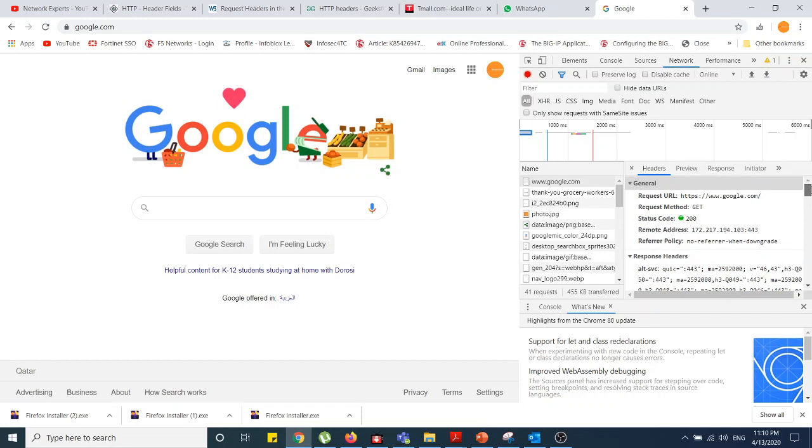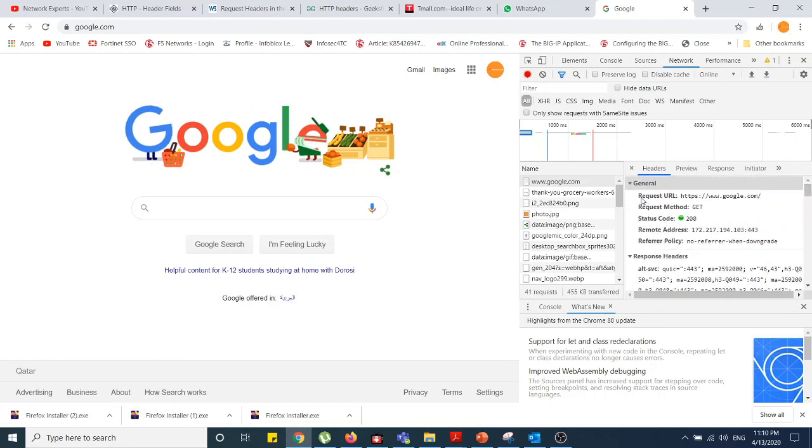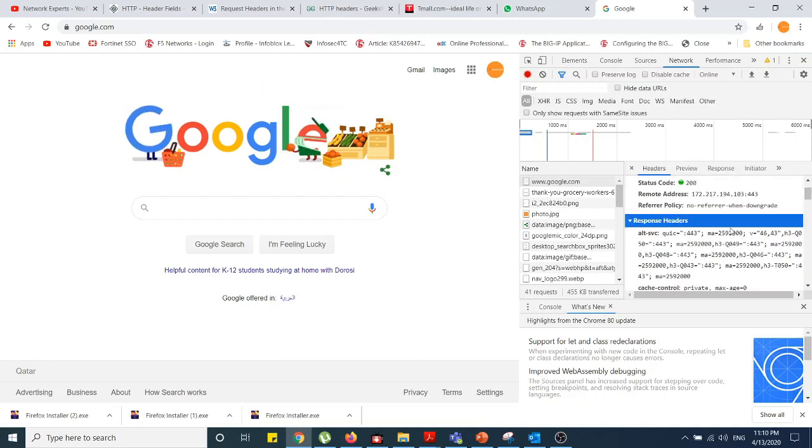I just want to show you how it looks. You can see the request URL, and the status code is 200, meaning the result is successful. Similarly, the request method is GET, and if you see the response headers, you will see different values.